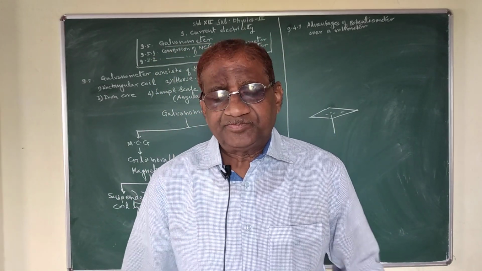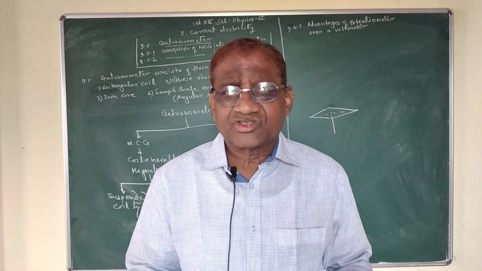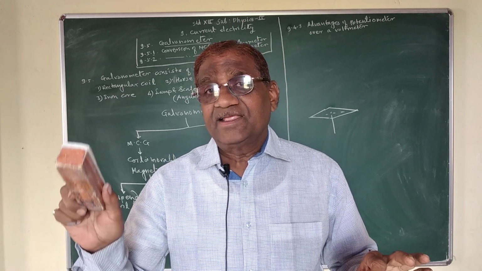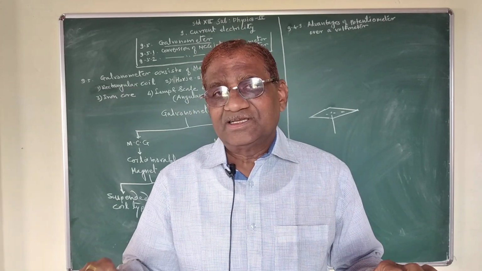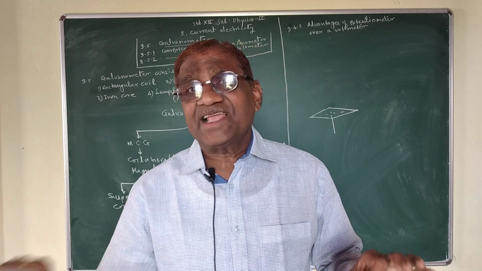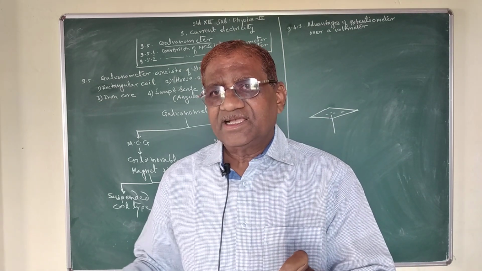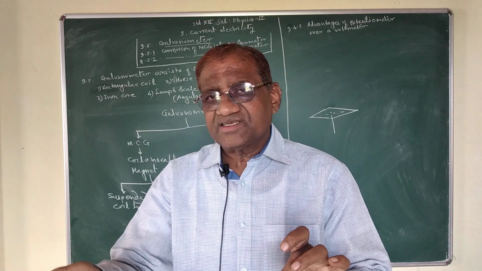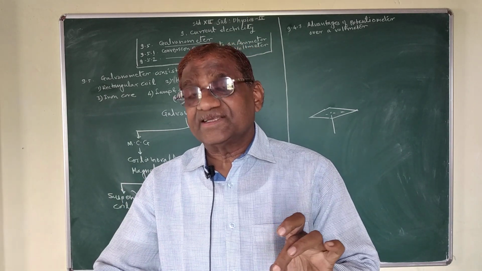This instrument, moving coil galvanometer, we can use to detect the electric current in an electrical circuit, not measure, because this instrument shows electric current in the form of deflection. If I increase the electric current in the circuit, the pointer shows deflection, and the corresponding deflection in that galvanometer increases.